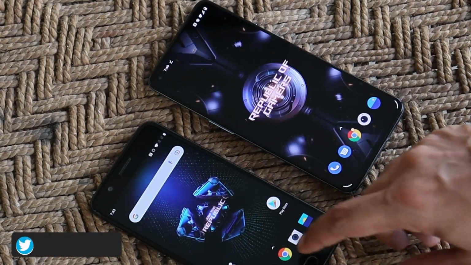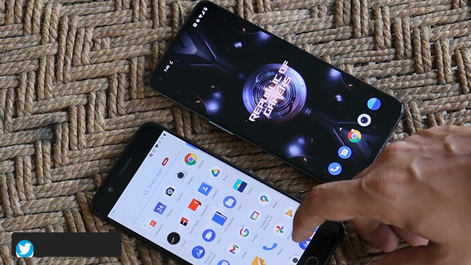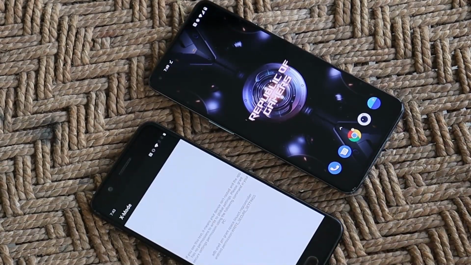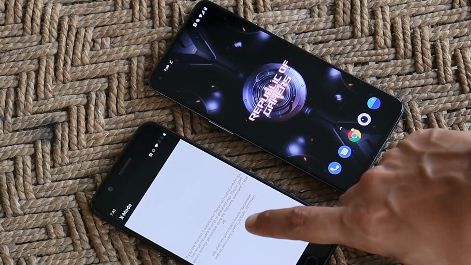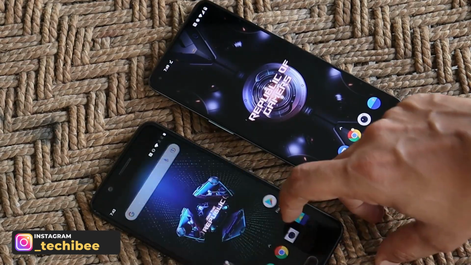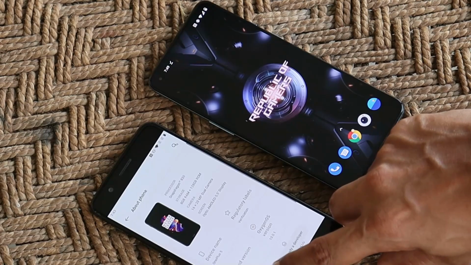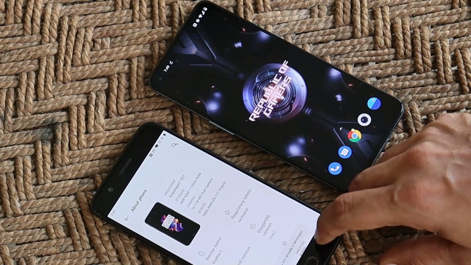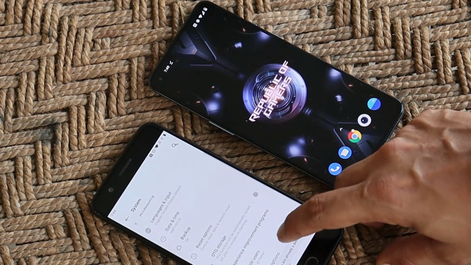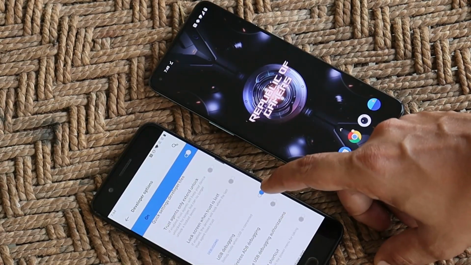Now let's talk about the phones on which these wallpapers don't run. For that, what you have to do is, as said, install this application called X Mode. And once you install this application, you need to connect your device to your PC. Before connecting, go to settings, about section, tap on the build number 7 times until you see you are a developer now. After that, go to system, developer options, and from here, make sure you enable USB debugging,